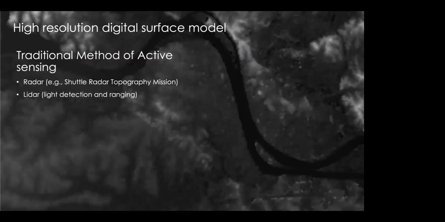The SRTM, the Shuttle Radar Topography Mission from NASA, created the 30-meter resolution global coverage that most people use. So when this problem was brought to us, SRTM is 30 meters, and the SRTM mission took many years and lots of money to create. What could be another alternative for generating very high resolution elevation?